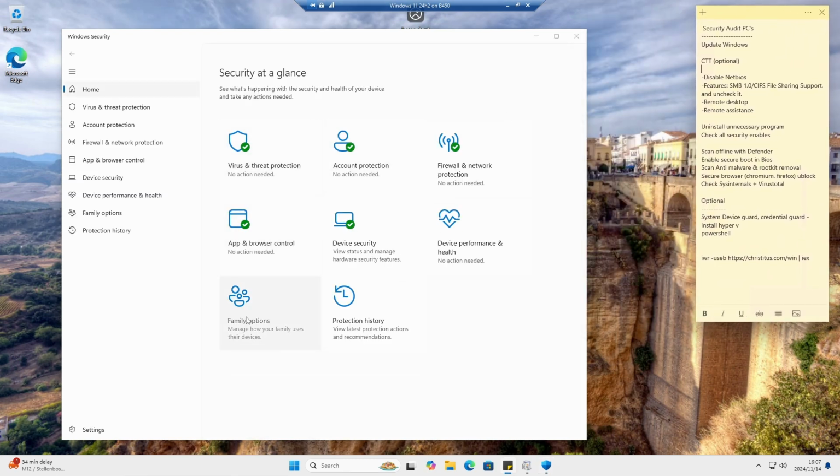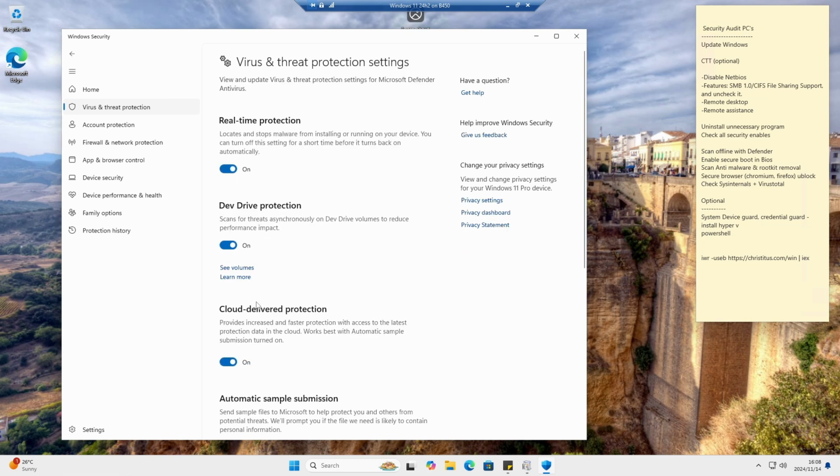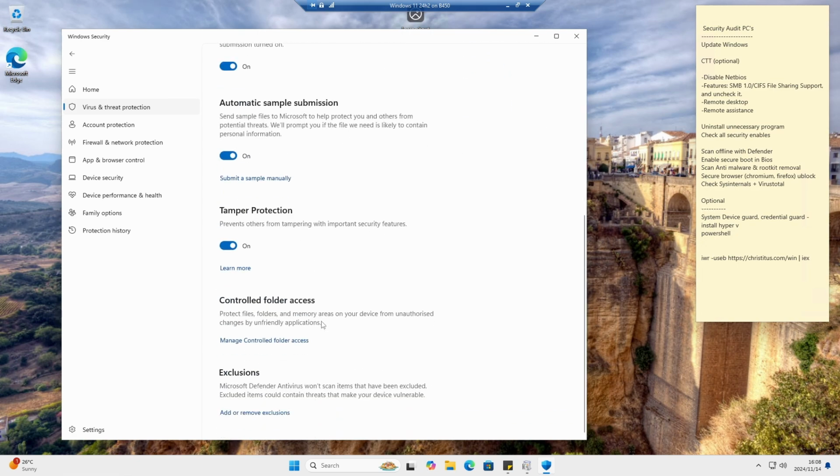Right, so just check that everything is on and there's no exclamation mark. So let's go to the first one, virus and threat protection. Check that everything is running. So Defender is not the best antivirus, but I mean it's better than nothing. So manage settings, go into the first one, check that all this is on. Scroll down,